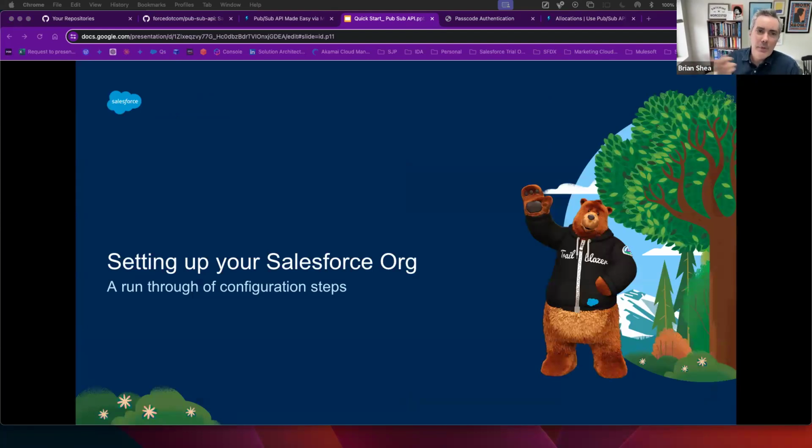But we had a similar talk a couple months ago that Nadina gave, and the question came up in 2 or 3 different forms, which was not specifically around the PubSub API, but around use cases for platform events versus Kafka use cases, right?